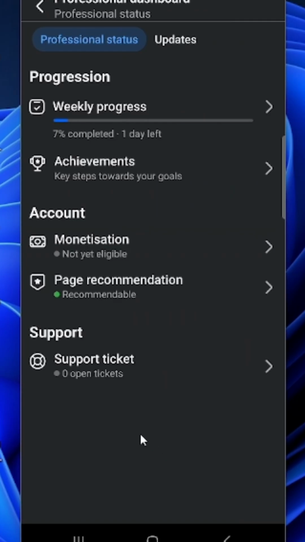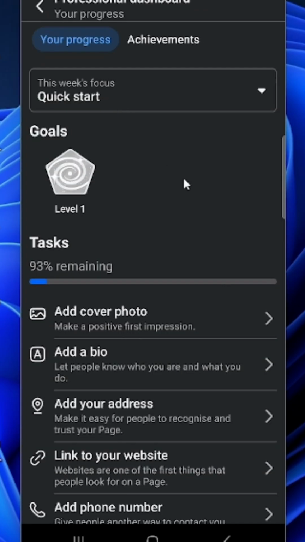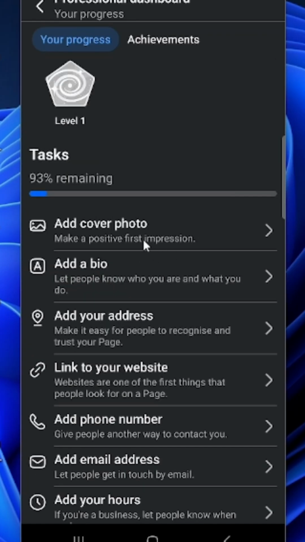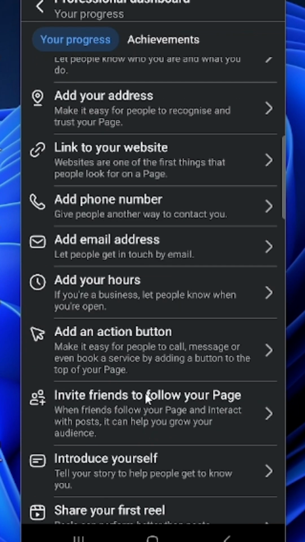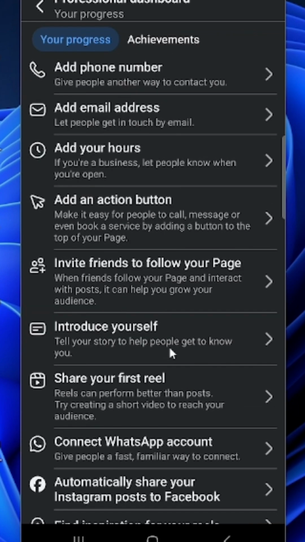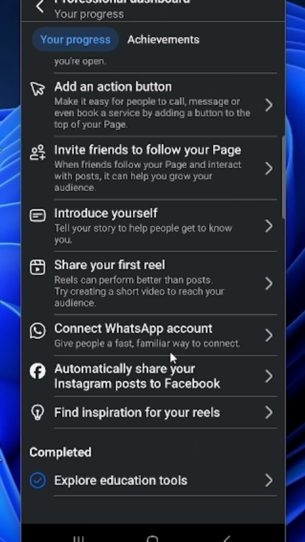All you need to do is follow the weekly progress to enable you to grow your page. When you click here, Facebook is setting up a task for you. Follow all this here, set everything up here, everything here. Make sure you set everything up here. And then your journey of